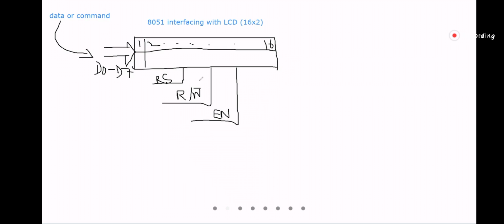And to adjust the brightness of this LCD screen, we have the power supply. Let's say this is a potentiometer, 10 kilo ohm.